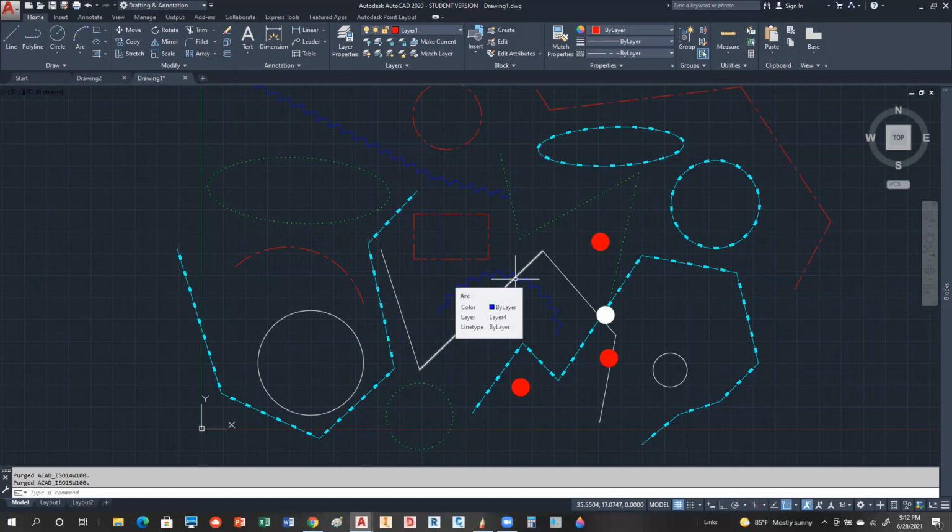It just is a way of decluttering that drawing while I'm working in it. Okay, so I hope that everybody's gotten a handle on that. We're going to be working on assignment 4 that's going to be utilizing this process. So we're going to move on to the last topic for this lecture, which is dealing with the UCS icon